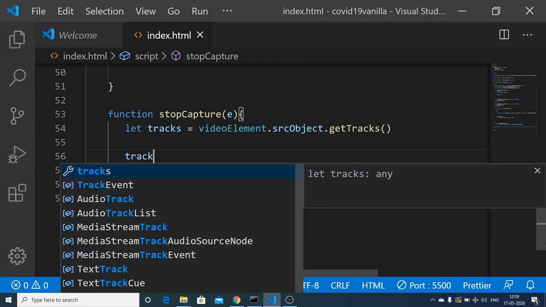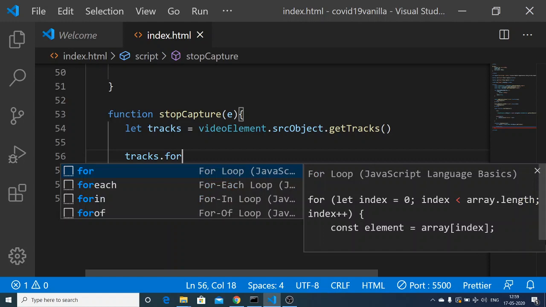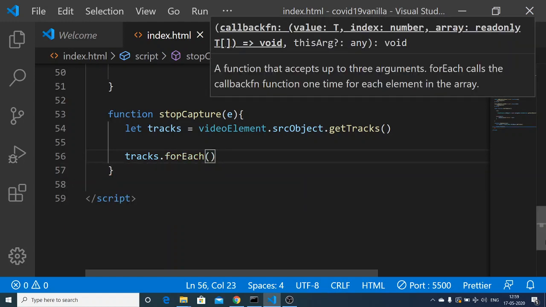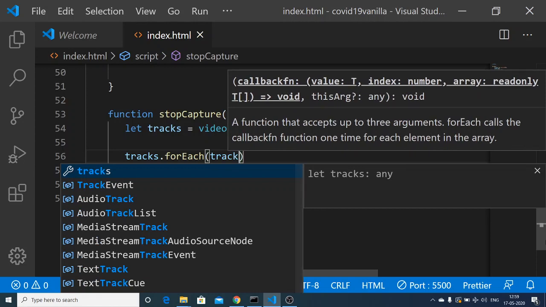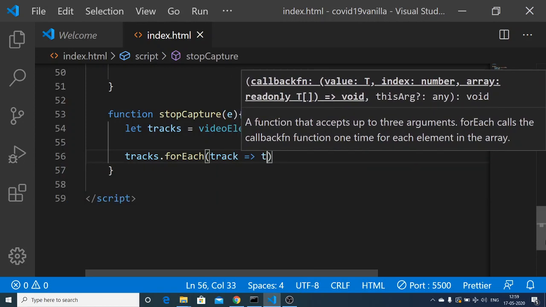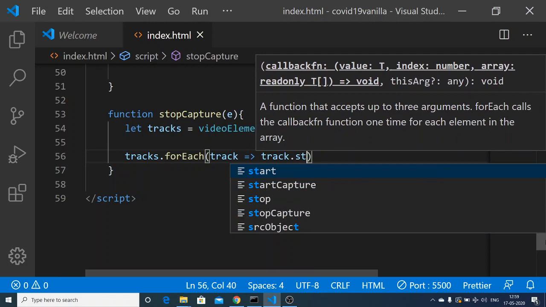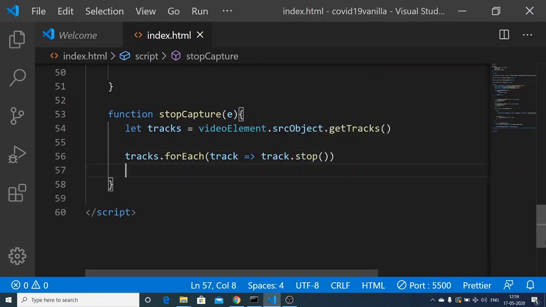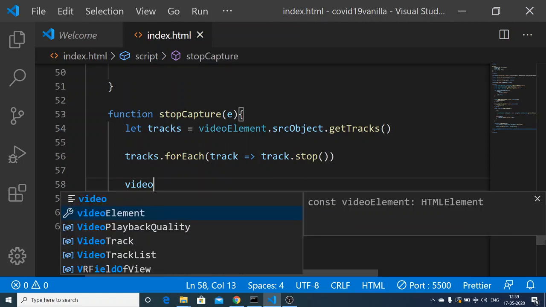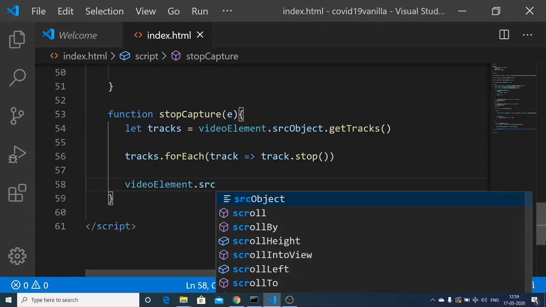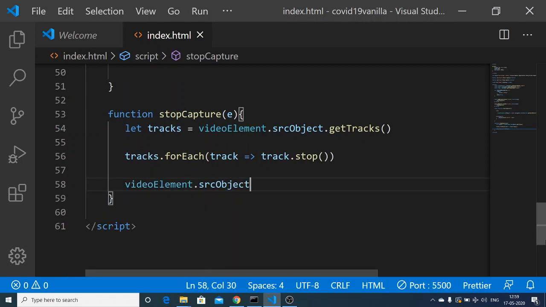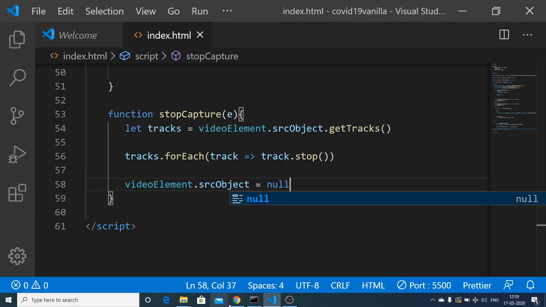And now for each track we will be using the for each loop here. For each track we need to call track dot stop. We need to execute this, and then again video element dot source object, we need to initialize it to null. That's it. So basically this will stop the capture.